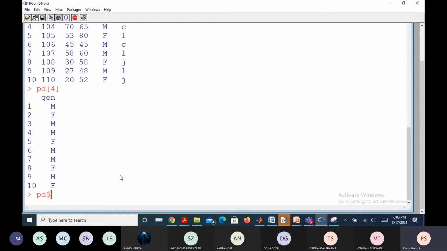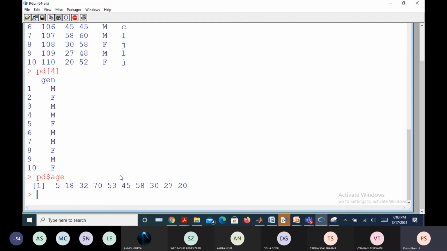If I use PD dollar age, what is the display it is giving? What difference do you notice between the display for PD of 4 and PD dollar age? So now it is giving in the form of a row.